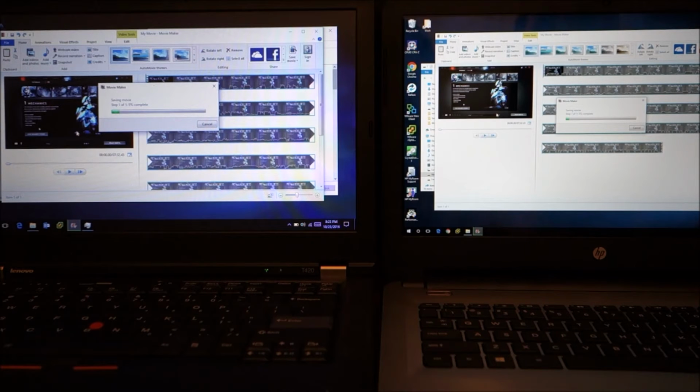Now, the HP, much nicer screen, much more aesthetically pleasing. It's half the weight. It's just overall a nicer looking system. The Lenovo, it is a more powerful system. It's old. It's older. I want to say it's at least 5 years old. But